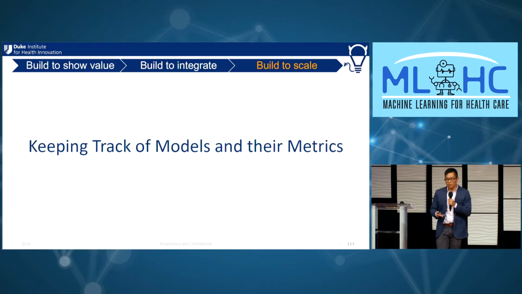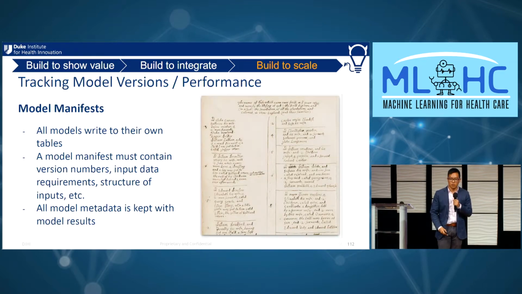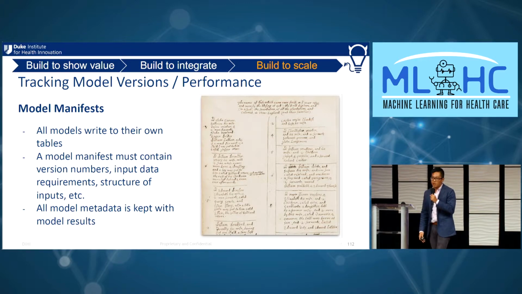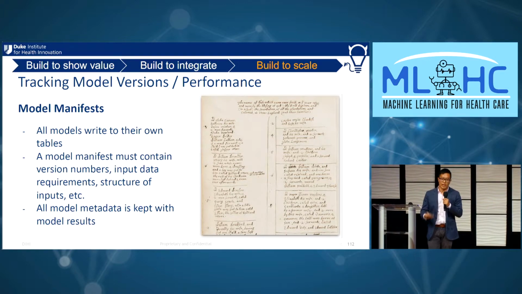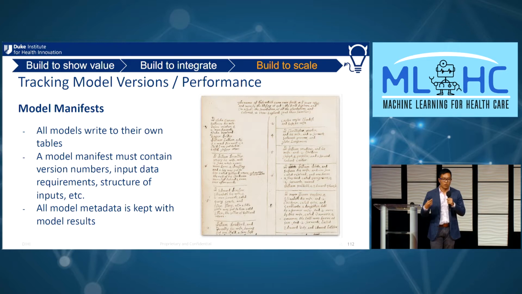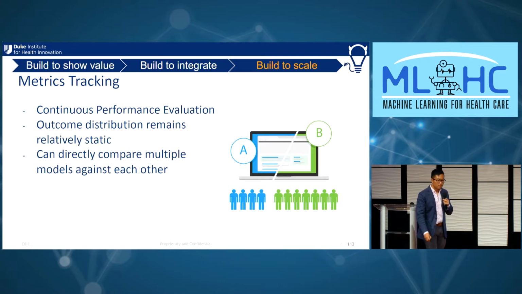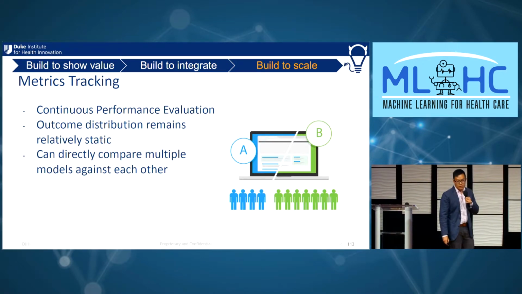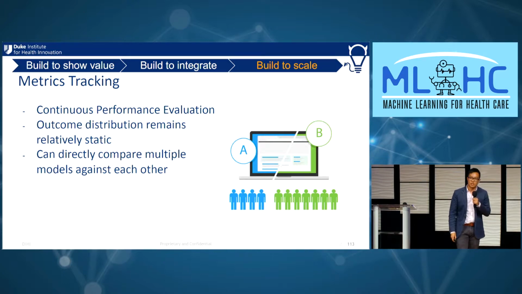We also want to keep track of models and their metrics, how well they're working over time. Again, we don't think sepsis is going to be the last model we run. So we require that every model that we run comes with its own model manifest, which has the version number of the model, the input data requirements, and the structure of the input data. We parse these model manifests as we run them to keep track of metadata. So we know which model is running, where it's running, and what the performance looks like. We track the metrics, and then we can do A/B testing at different sites